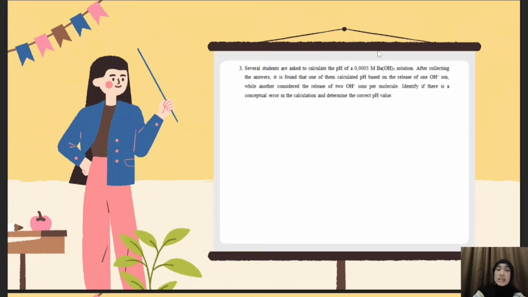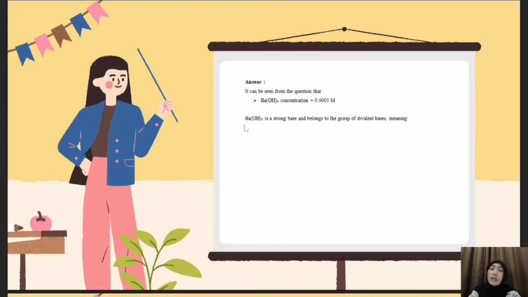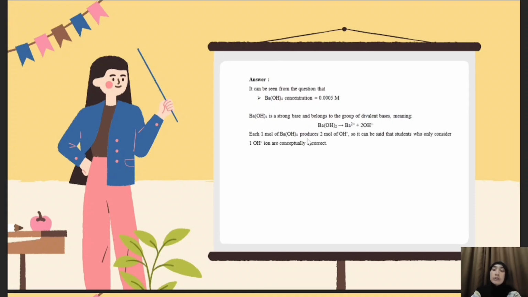Okay, next question is number 3. From the question, we are asked to identify if there is a conceptual error in the calculation and determine the correct pH value. Okay, first, it can be seen from the question that the concentration of Ba(OH)2 is 0.0005 M, or molar. Next, Ba(OH)2 is a strong base, and belongs to the group of divalent bases, meaning, okay,